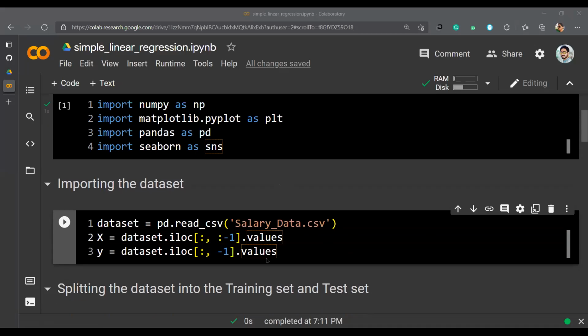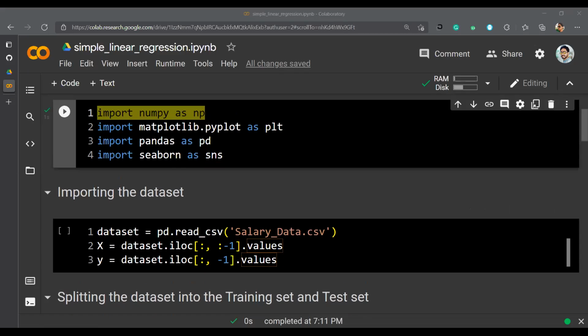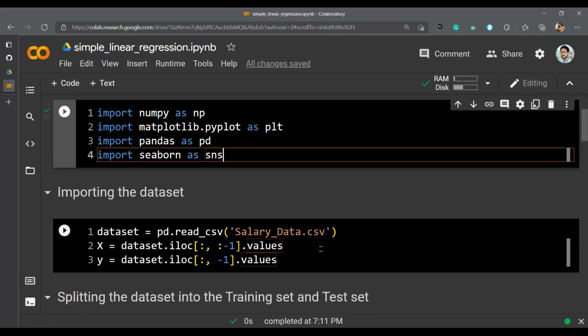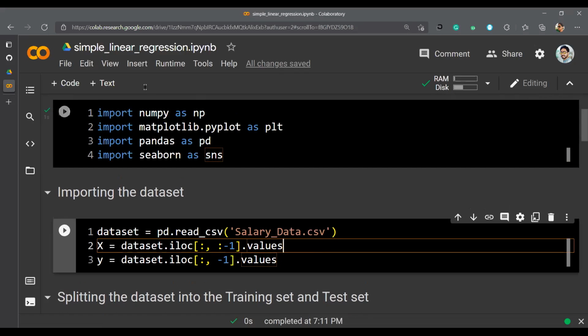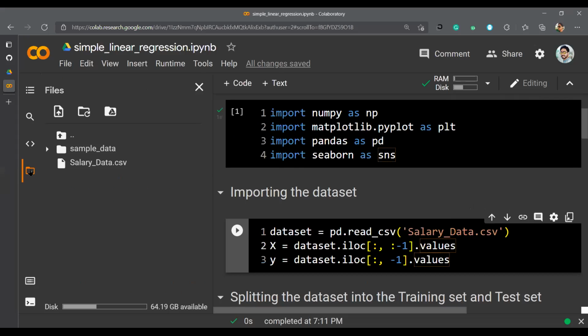So here, can you show how you have added that file, the CSV file? We are using Colab from Google. Just show that first.